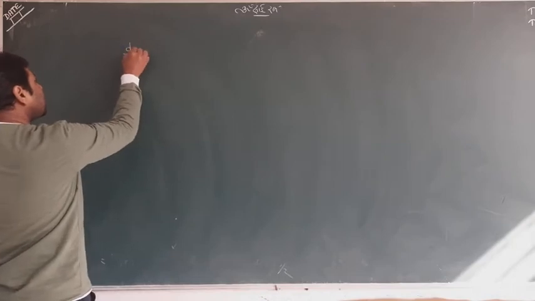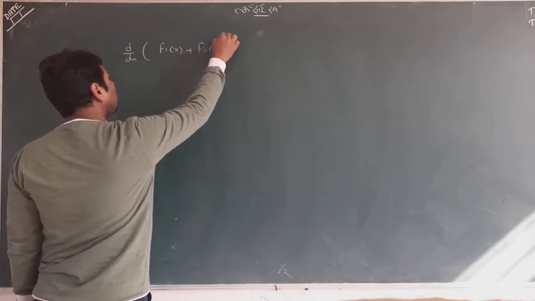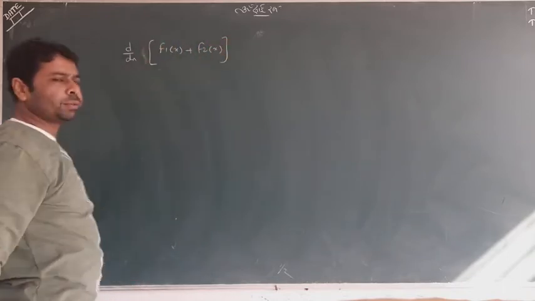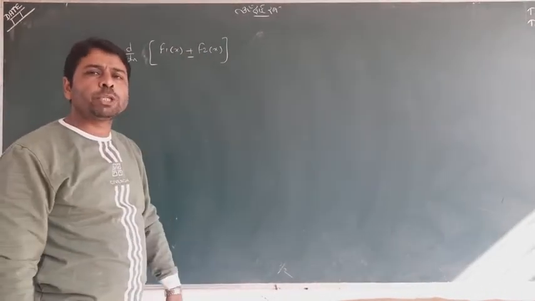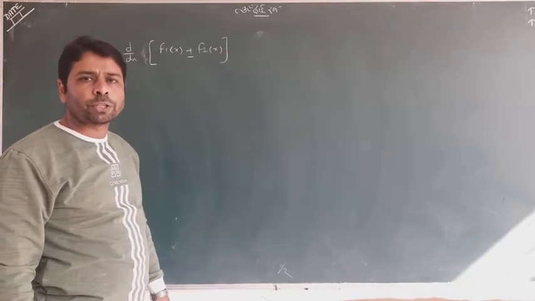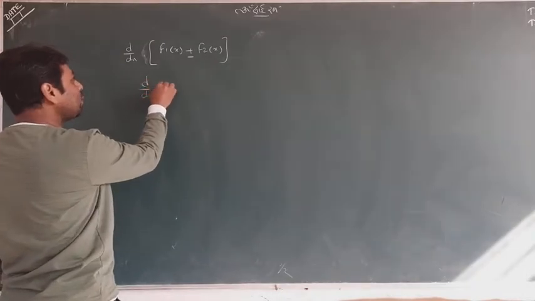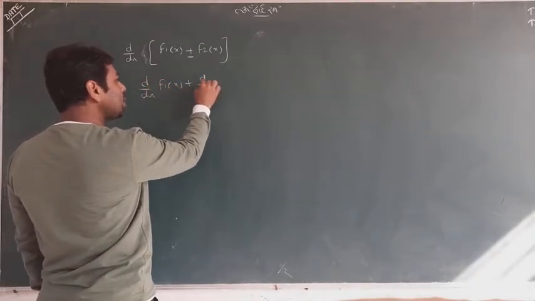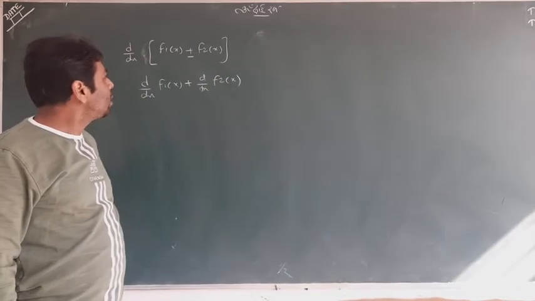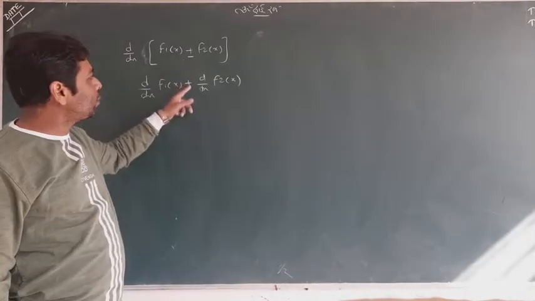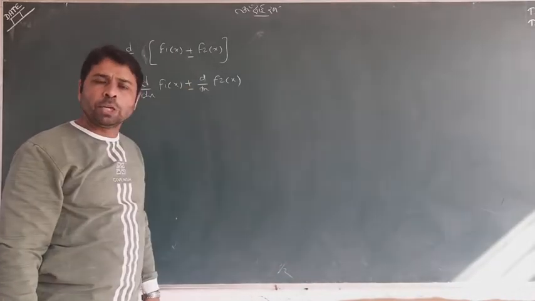Look here. Suppose you have one function or two functions or three functions or four functions in differentiation. Don't bother. If there is a plus or minus sign between them and lots of functions are coming together, you just separate the d by dx. Meaning d by dx will apply to the first function and d by dx will apply to the second function. It is nothing hard. It is very simple. You can understand that we had two functions and I only separated d by dx with both functions. Whether plus or minus, you don't worry about that.